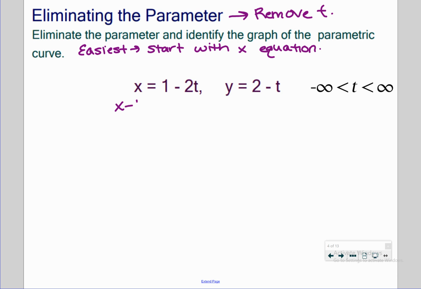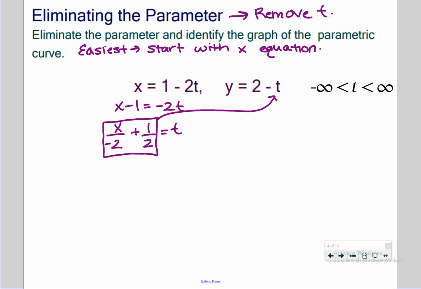Subtract 1, so x minus 1 equals negative 2t, and then divide by negative 2. So I'm going to write x over negative 2, and then negative 1 over negative 2 will be positive 1/2, equals t. Okay, t's alone. Once you have it alone, whatever it's equal to, we're going to plug into the other equation,